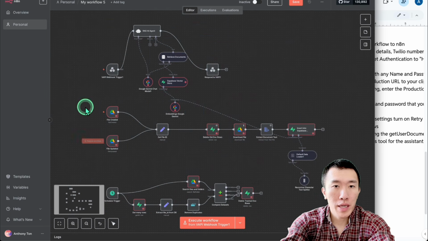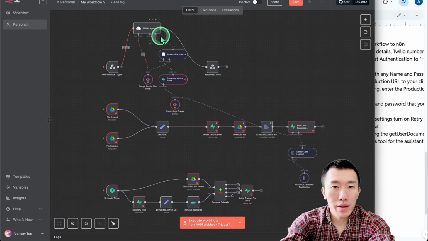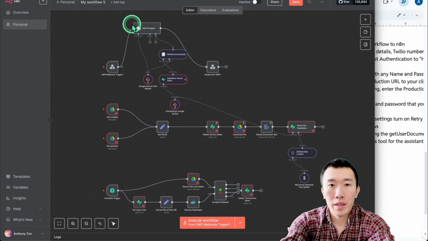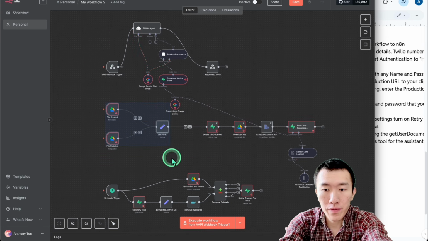Now remember, this is going to have all 3 parts stuck together, so we need to break them up. The one that is going to be first is just going to be this one that is responsible for the VAPI webhook trigger that will get the information from the documents and then send the information back to VAPI. So basically, in order to clean this up, we're going to have to get rid of these ones because these